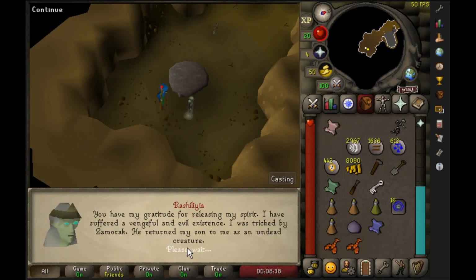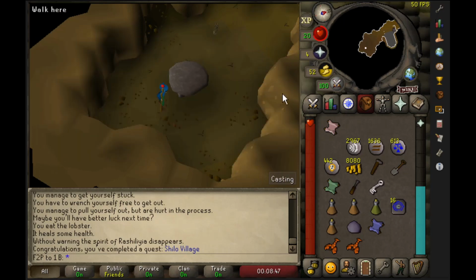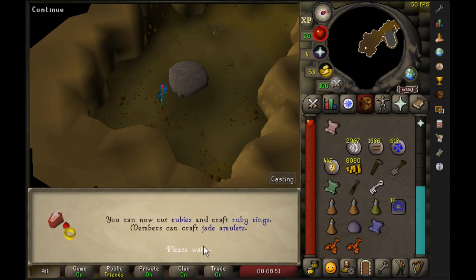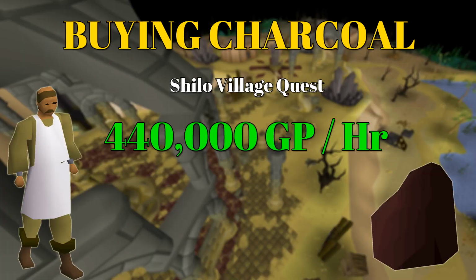In the previous episode we talked about completing Shiloh Village quest to unlock new money making methods, and we are starting this episode with completing that quest. There are multiple money making methods in Shiloh Village, but I'm just gonna cover one of them in this episode. Without further ado, let's get to our first money making method, which is buying charcoal from the general store in